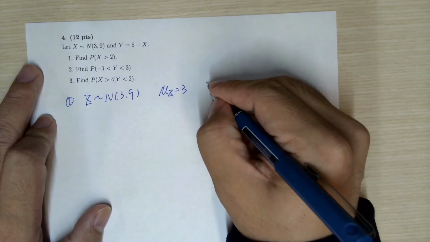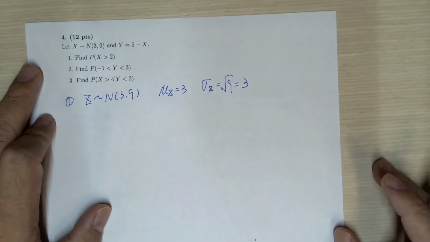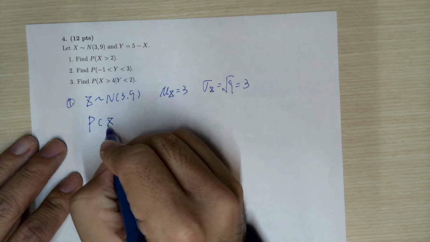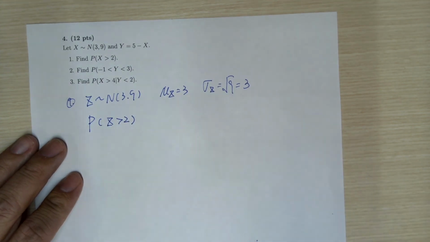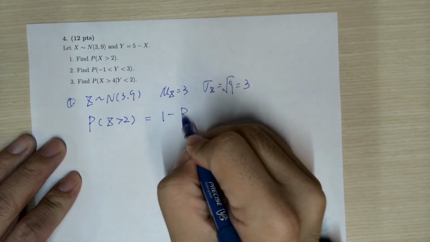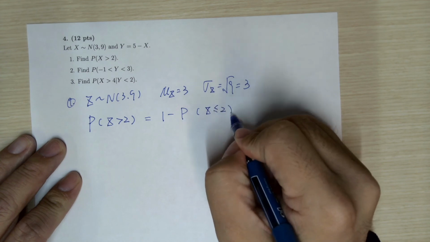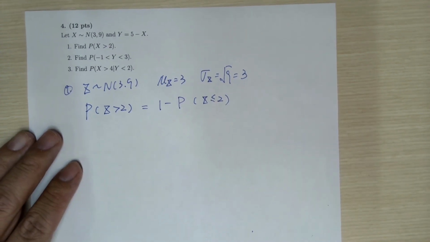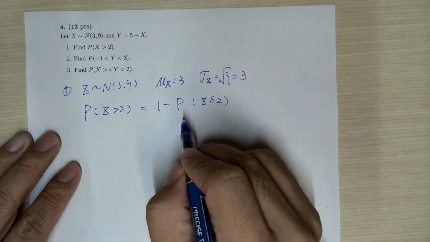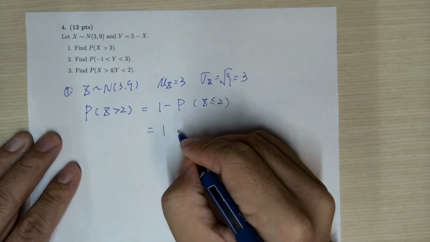So the standard deviation of this one is the square root of 9, which is also 3. Okay, so P(X > 2) is equivalent to writing 1 minus P(X ≤ 2). Okay, and then we can write this part in terms of the standard normal, as you can see,